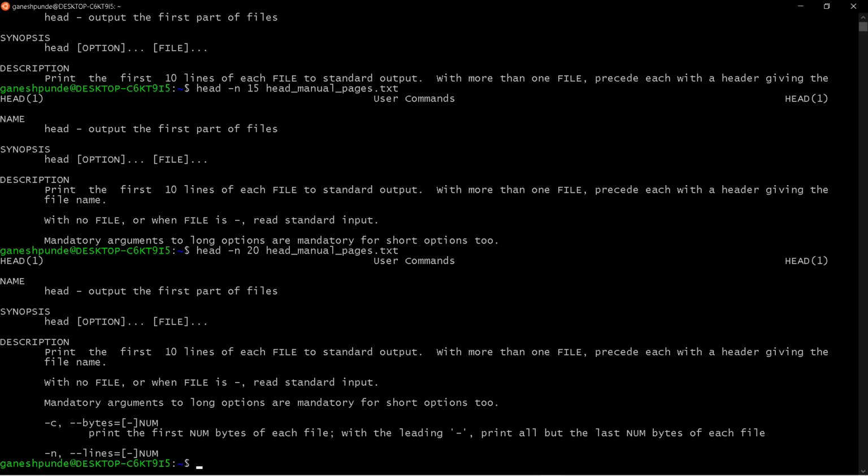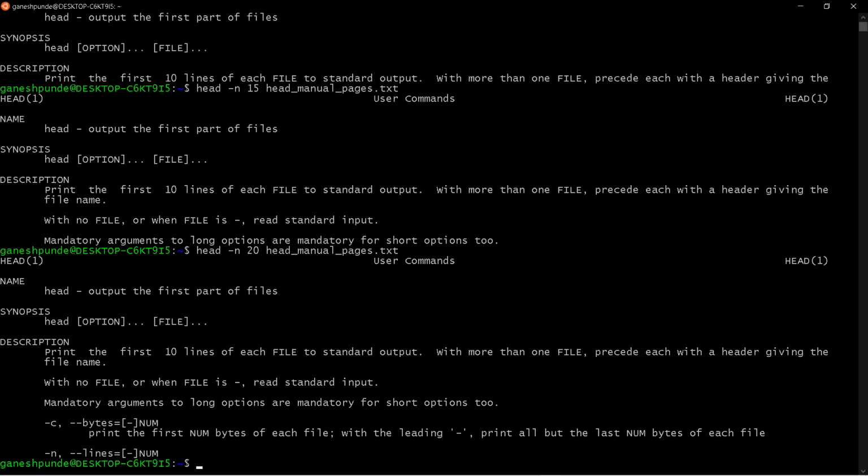Means if you want to see the top portion of the file, the top couple of lines from the file, you can see that, right? So what is the use case, and where should we use head? Normally in some files, you need a certain portion of the file to be displayed.